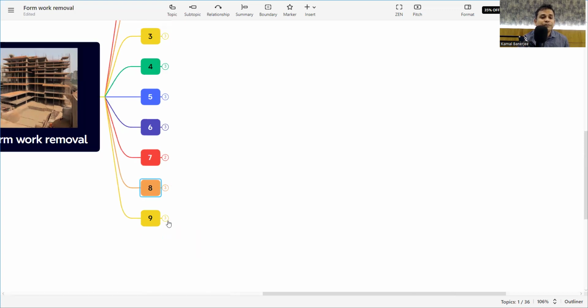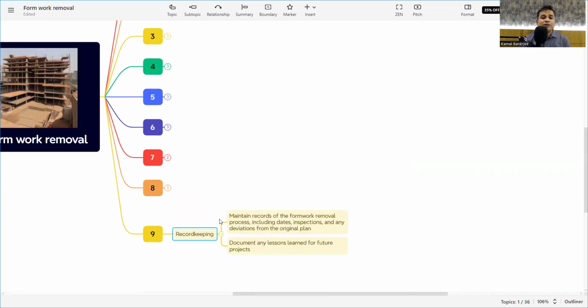And the last point is record keeping. Why? As a quality control procedure, you need to keep each and every record. Maintain records of the formwork removal process, including dates, inspections, and any deviation from the original plan. That means from the approval, procedure, safety, cleanliness, minimum time period for the props and the formwork, everything needs to be kept in a record, and it should be signed and verified by all parties concerned, maybe the formwork team, quality team, site team, consultant, and the client, and then document any lessons learned for our